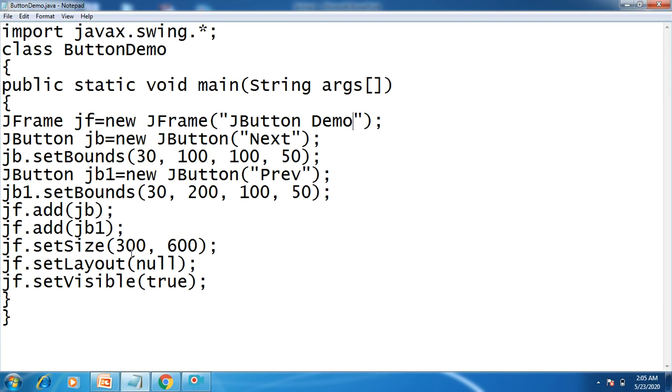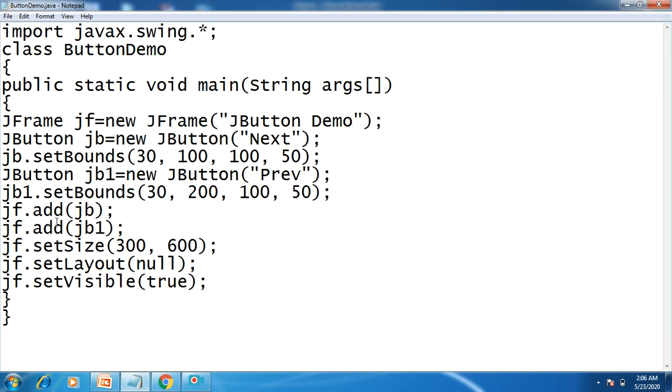As the size of the window I have given is 300 by 600, at the 100th column and 30th row I want to display the first button with a name as a string, text. And another button I have taken, JButton JB1 equal to new JButton, and where I want to display it, that is 30th row, 200th column, and this is the size of that.